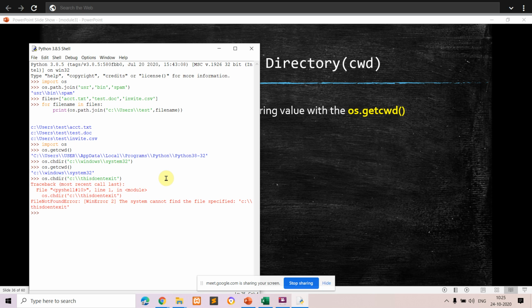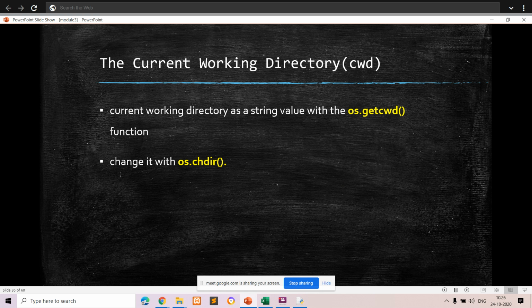So this is about change working directory as well as get the current working directory. getcwd is to get the current working directory, chdir is to change the directory, and one more point you have to remember: if you're changing to a directory that is not present, in that case you'll be getting an error. Okay,